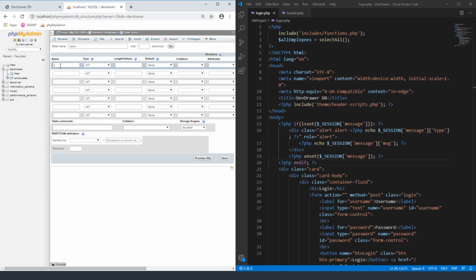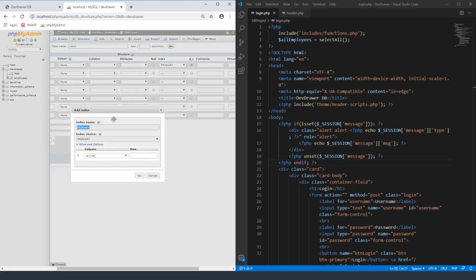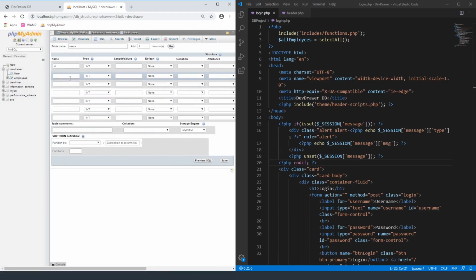And the first one is going to be our ID field. And we are going to have it auto increment, and it's going to be set as primary. And then the next one is going to be our username, and it's going to be a varchar at 255. Our F name, again varchar 255. L name, varchar 255. Password,